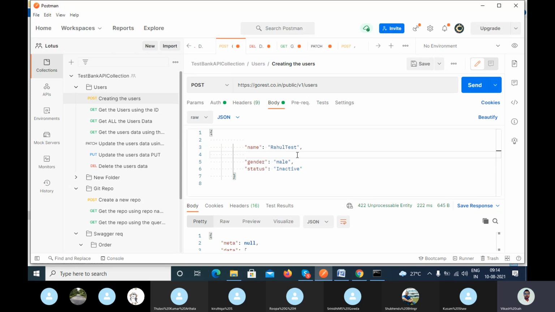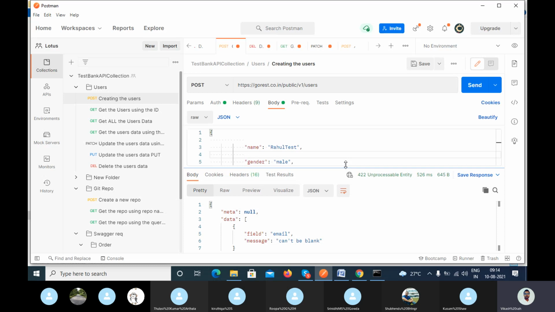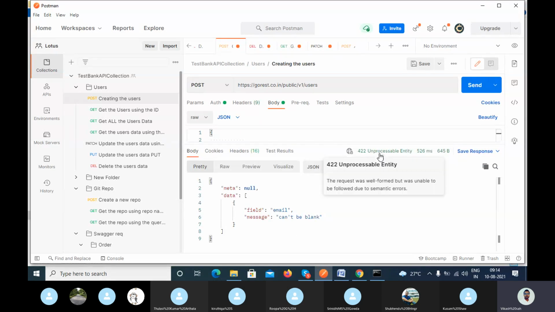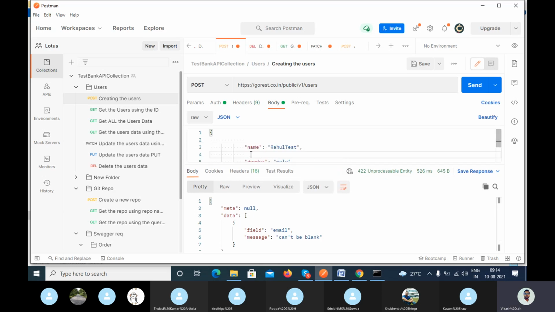Here I have removed the email ID and tried to call. In real time, you will rarely get this error message 422 unprocessable entity. Generally you will get 400 bad request, but this service is using 422.